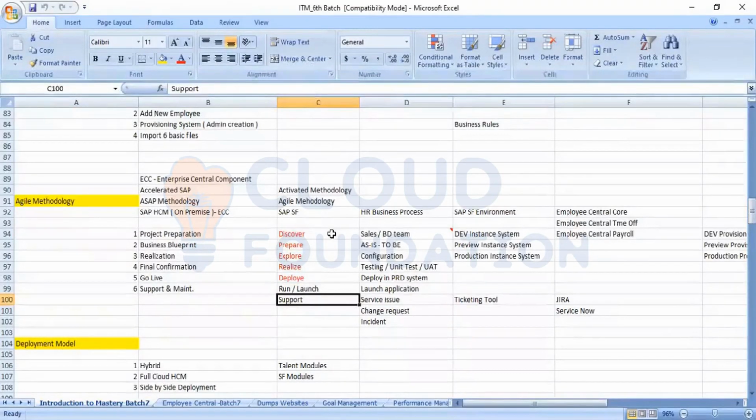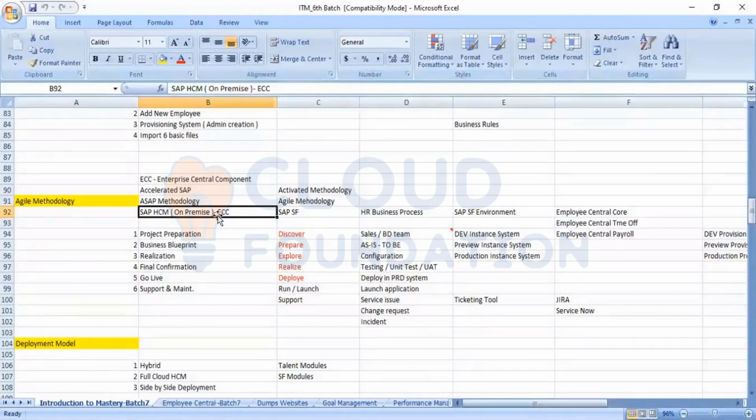Coming to the agile methodology, because we are focusing on SuccessFactors and not SAP ECC, I just wanted to show the background of what methodology we follow in SAP ECC. That is the reason I went back. But coming to SuccessFactors, we will mainly discuss the activate methodology.